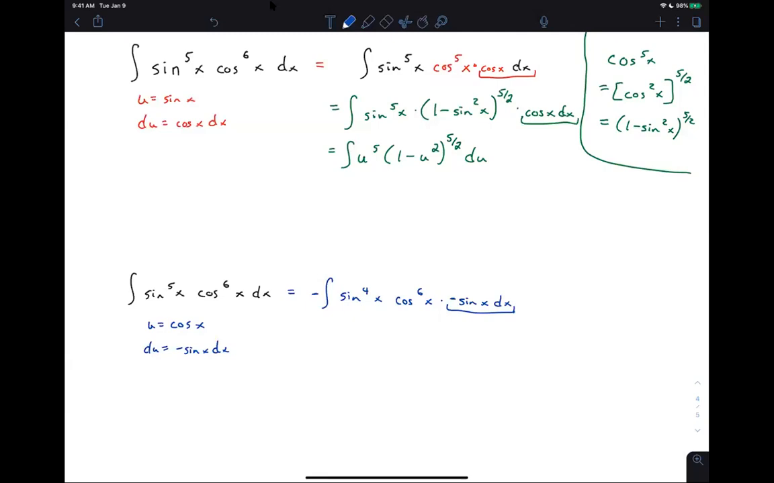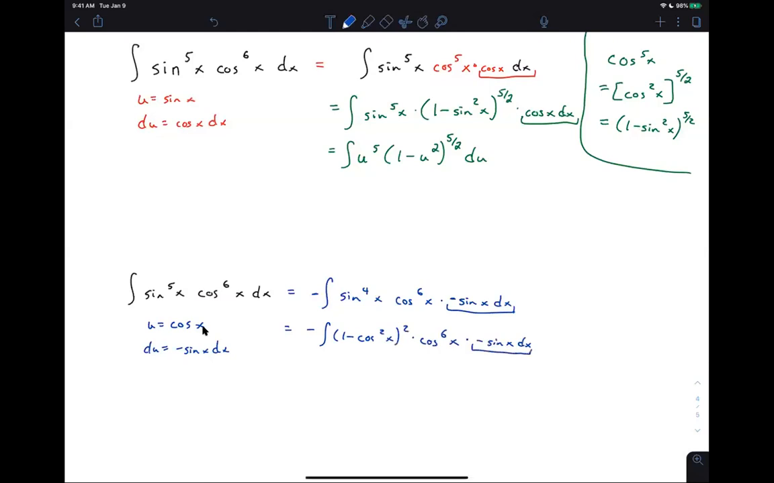Okay, so if you're good, keep working. But the idea at this stage is to rewrite everything in terms of cosine. So we're going to rewrite sine to the 4th as 1 minus cosine squared, and then cosine to the 6th x, and then times negative sine x